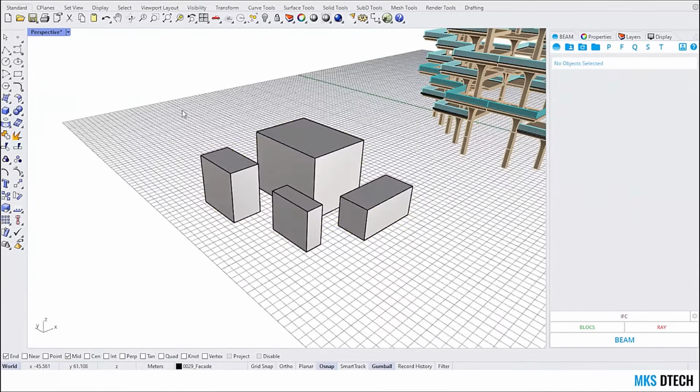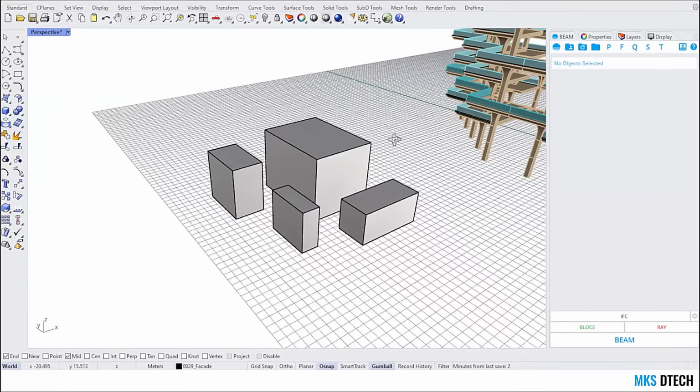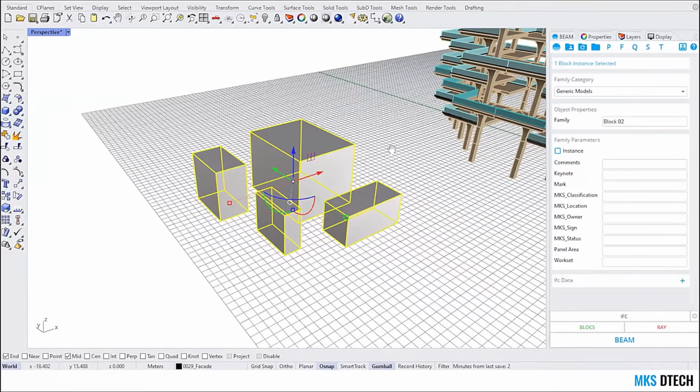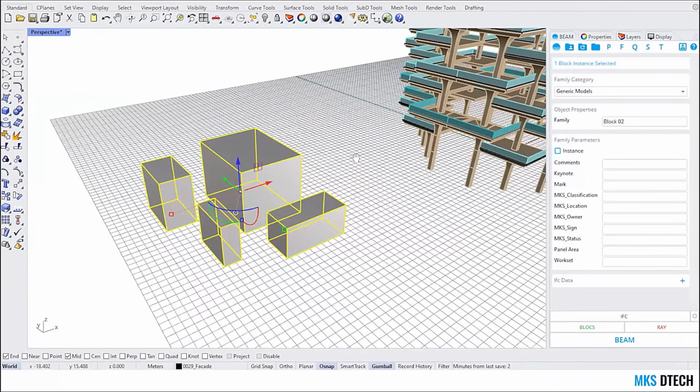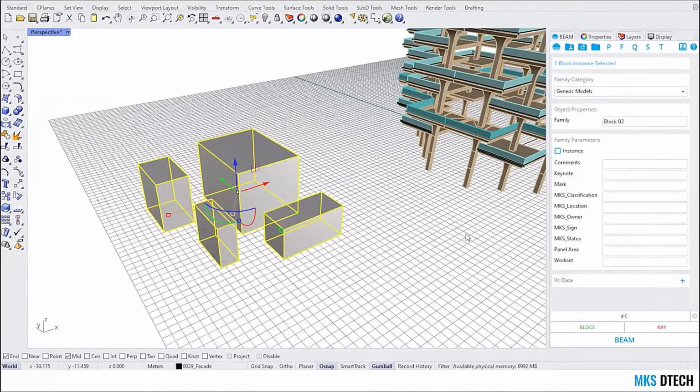Talking about parameters, there is a distinction because now we can have instances of the same object. We might want to have different parameters for each object. That's when this checkbox comes into play to instantiate the block. So if this is unchecked, all the parameters I add here belong to all instances of the block by default